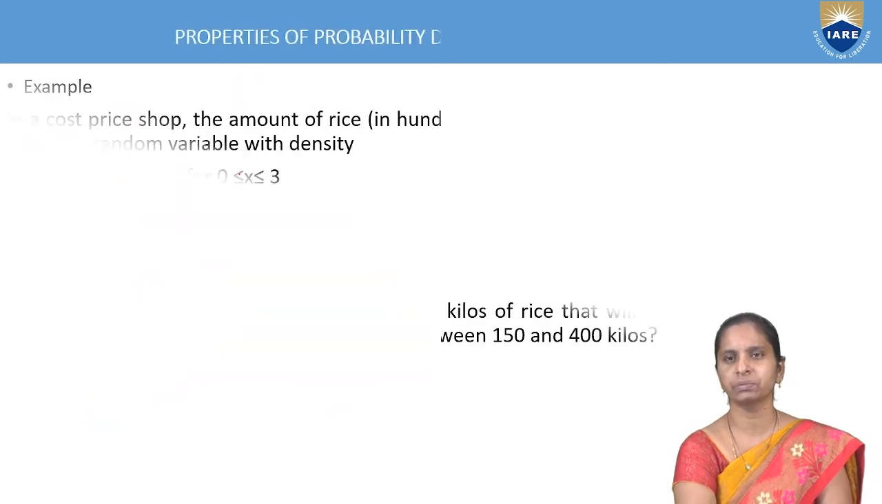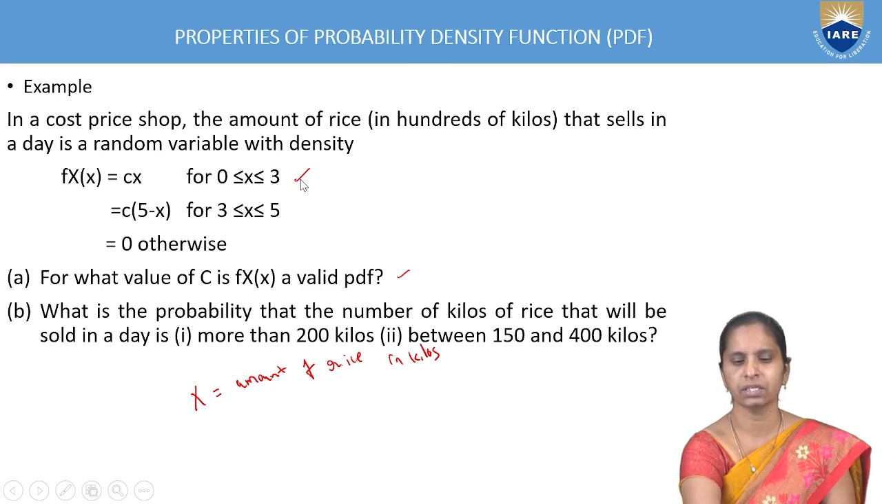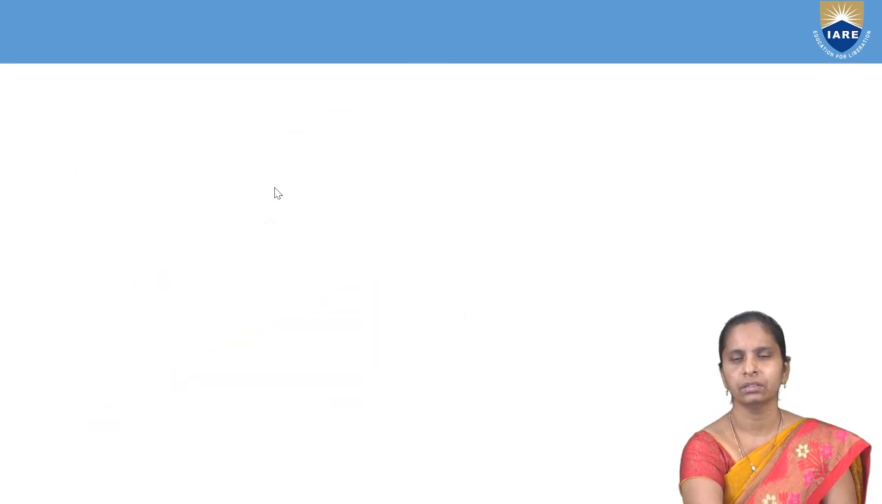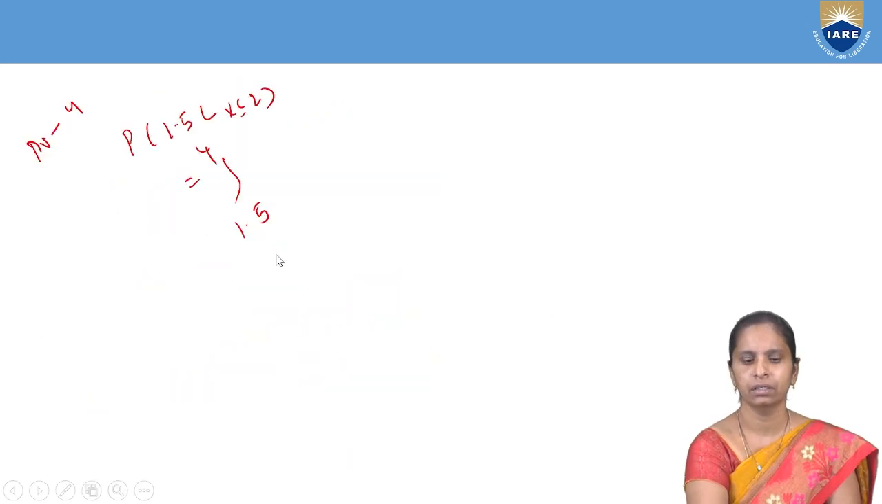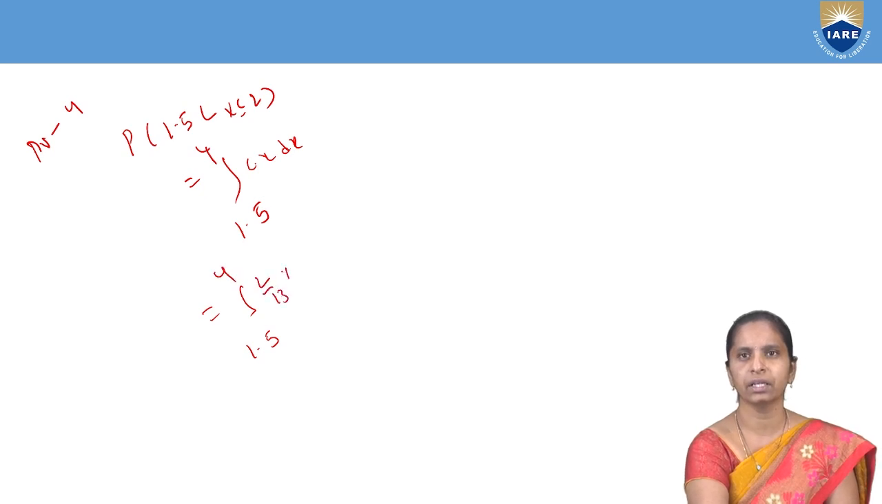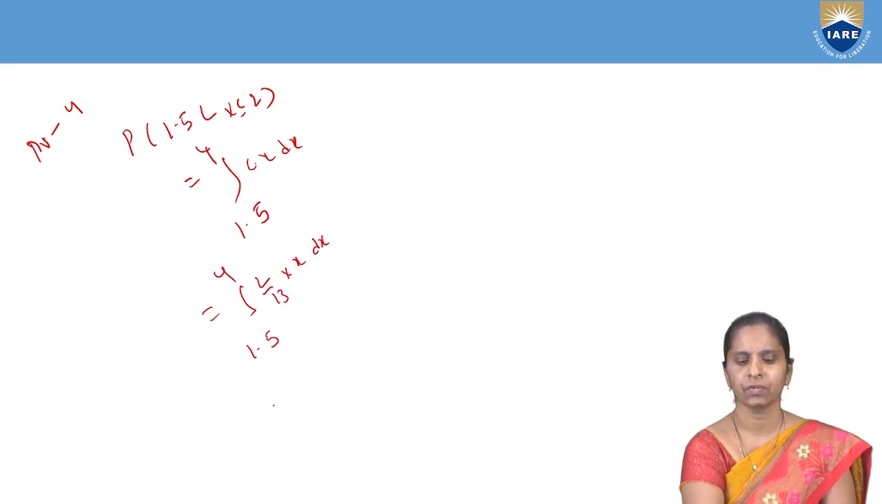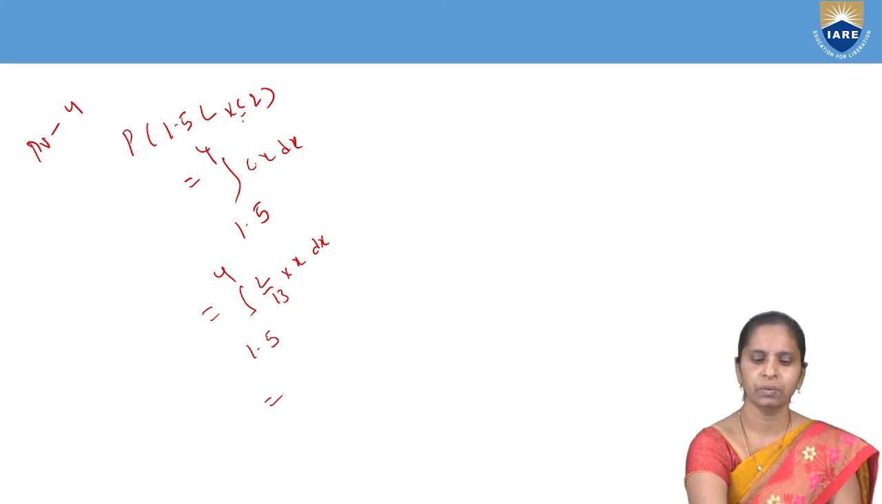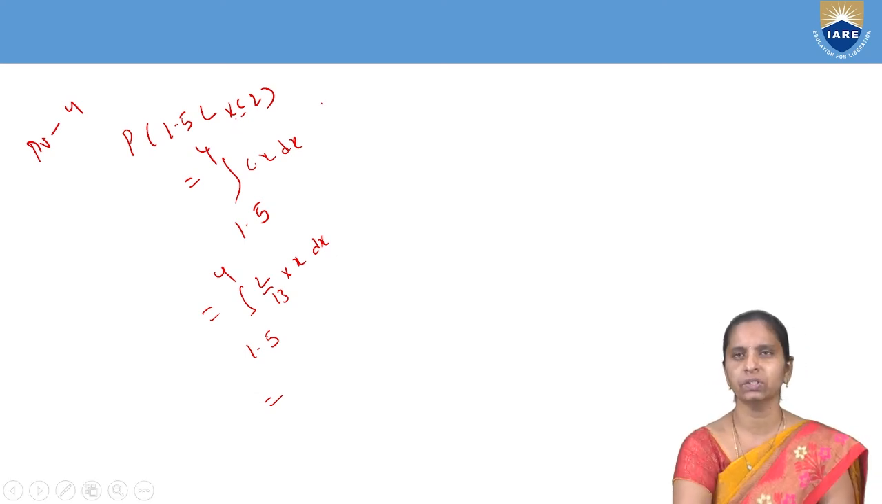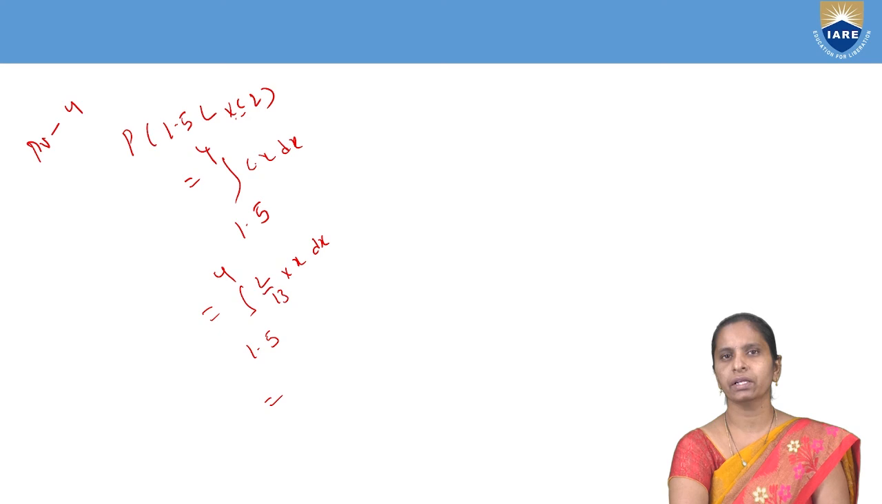So when x is 1.5 to 4, this range lies in 0 to 3, where the density function is C into x. Write down C into x dx. What is my C here? The integral from 1.5 to 4 of 2 by 13 into x dx. If you simplify this, you are going to get the probability of the amount of rice sold between 150 and 400 kilos. Like that, you can calculate the probability of any event using the density function by using the fourth property,